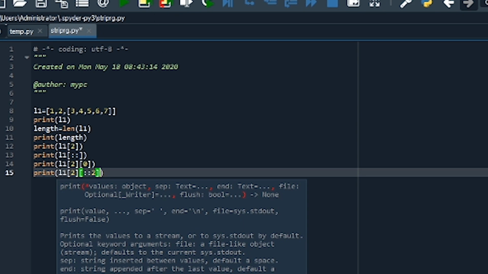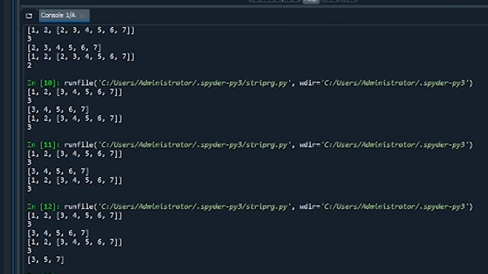So alternate elements of the nested list, that is 3, 4, 5, 6, 7. Here you see it is coming, 3 is coming in the output screen.